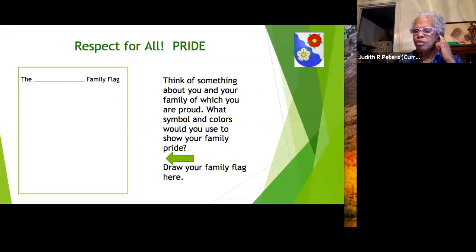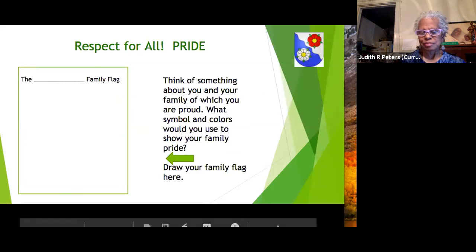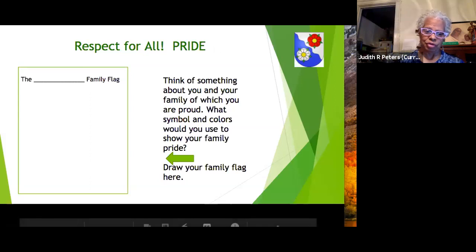This is a real easy activity, even if they're virtual. A lot of children know how to draw virtually. There's a whiteboard aspect that they can actually draw and share. Whatever it is, they can do this. It's a real fun activity. Younger people love to draw. They just love it, and they're really good at that.